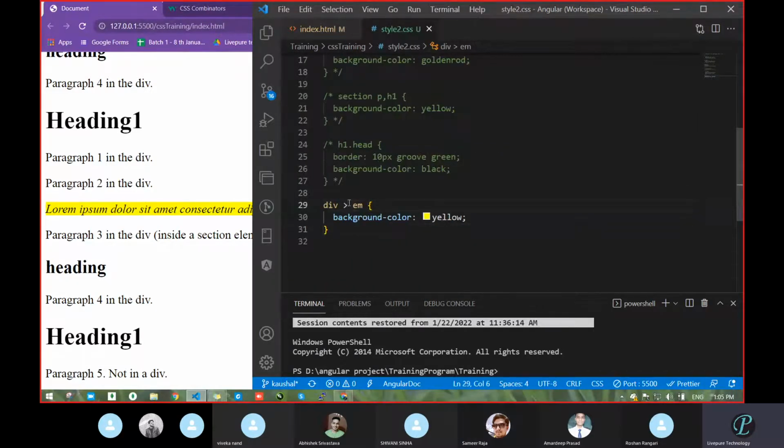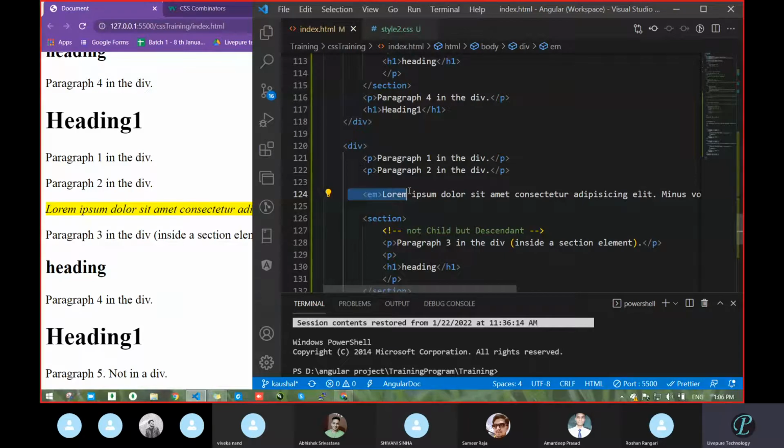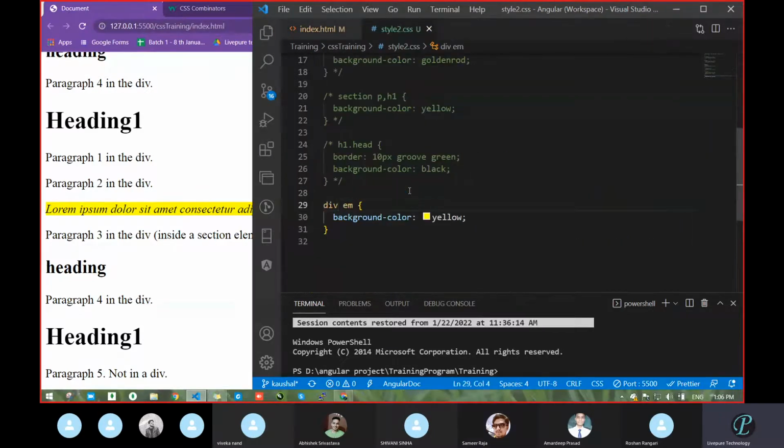But same thing, if you move this, it will work. Because now this becomes which type of selector? Descendant selector. And the same thing is happening here. Descendant means what? First a div and then it will search for EM. So that is what I told, different ways of applying CSS. Nothing is possible with just one option, one page. So these are different ways.